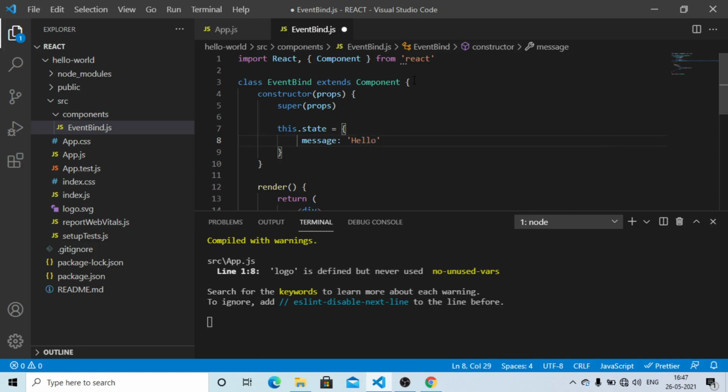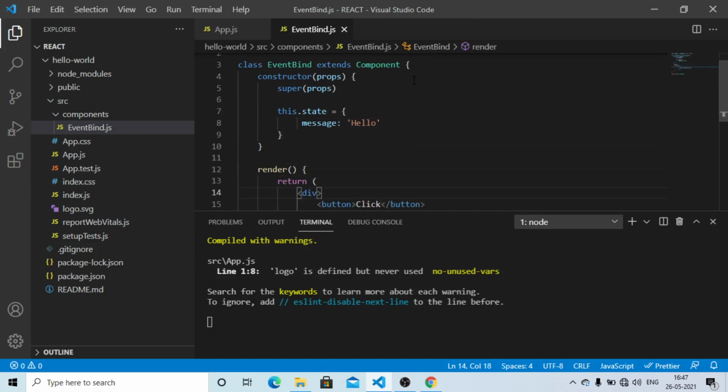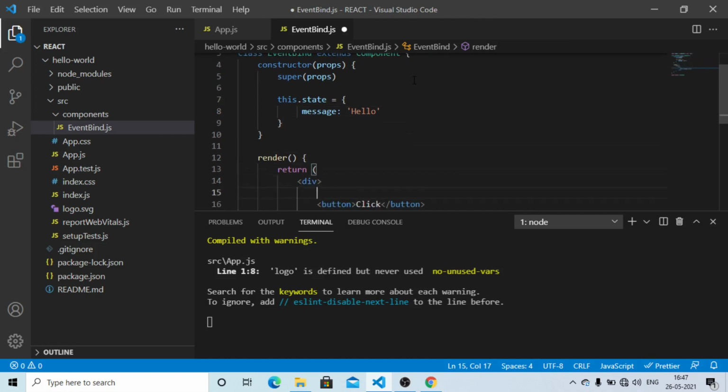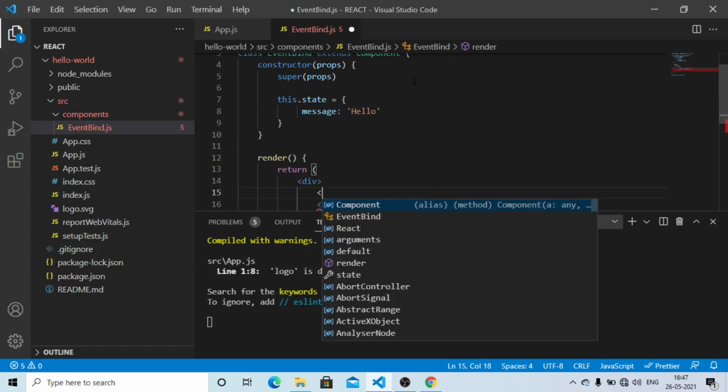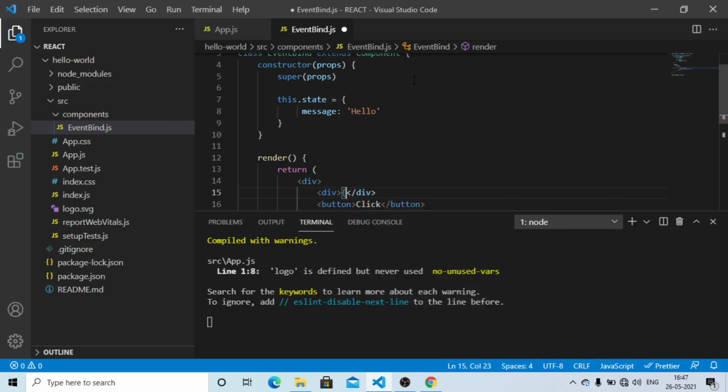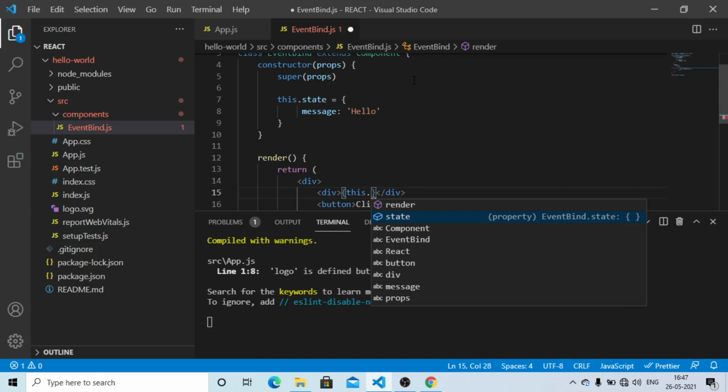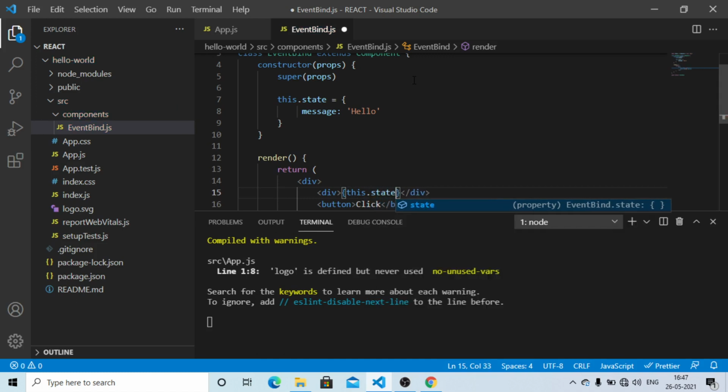We save this file, and in the render method, in the div tag we'll have another div tag, and here we would like to display the message string hello, this.state.message, where message is the state property. As soon as we save the file and have a look at the browser, we should be able to see the text hello right above the click button.